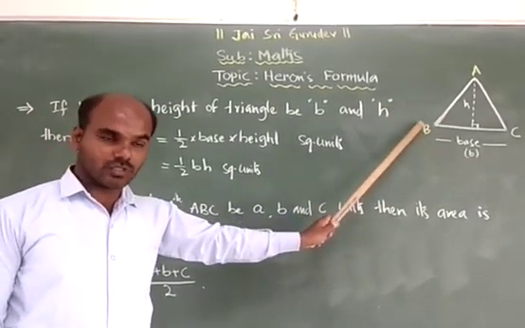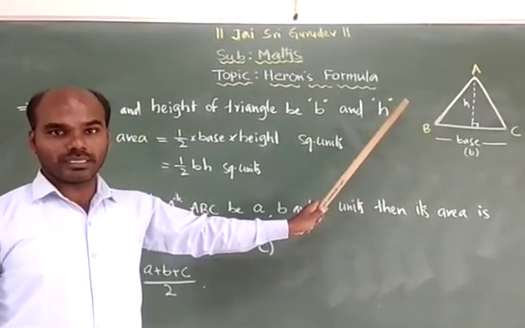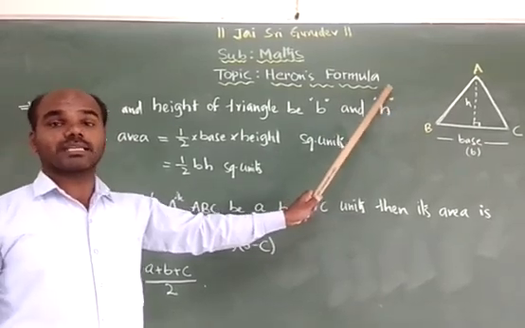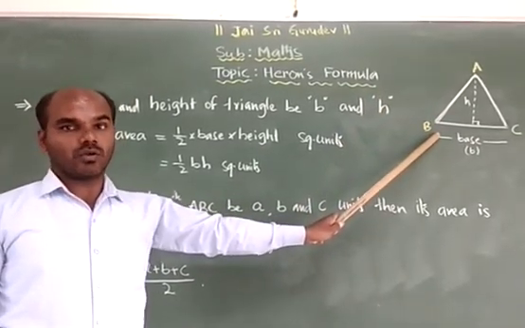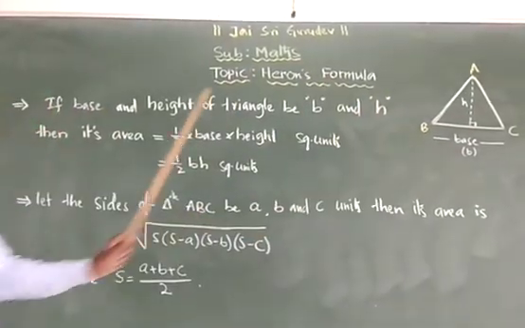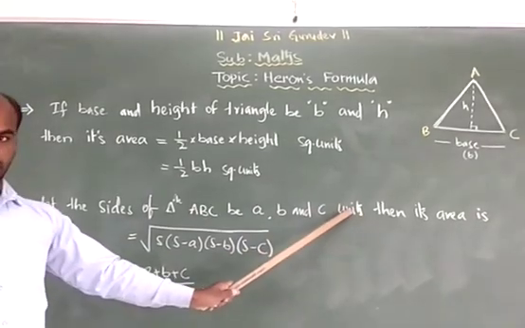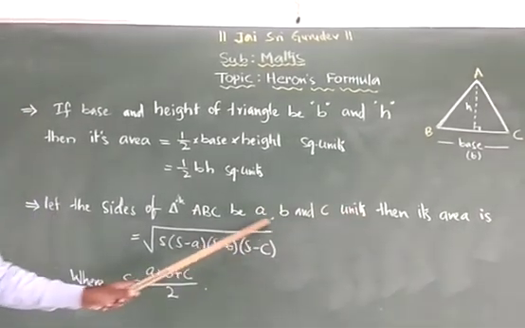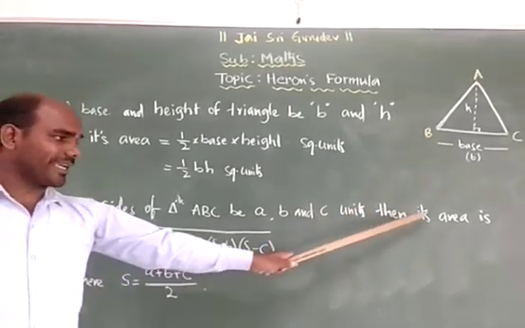then how should we find the area of the triangle? For that, Heron, a Greek mathematician, found a way to find the area of a triangle from its sides. Let the sides of the triangle be A, B, C units. A, B, C are constant numbers. Then to find its area,